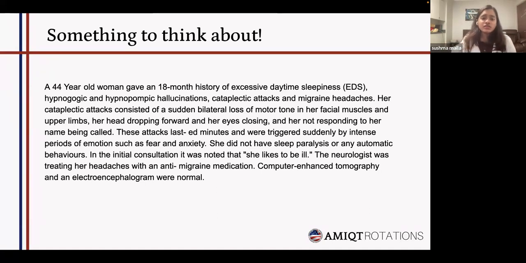So this patient was asked to get an MSLT, and in the MSLT, it was found that 4 out of the 5 times she had a short onset rapid eye movement, progressing into the REM stage within 30 seconds of going to sleep. She had less sleep efficiency as well, and sleep latency was very short as well. She slept within 2 minutes almost all of the times. And all of this really points towards narcolepsy. Does anyone have any doubts till here, or think that it is probably not narcolepsy?